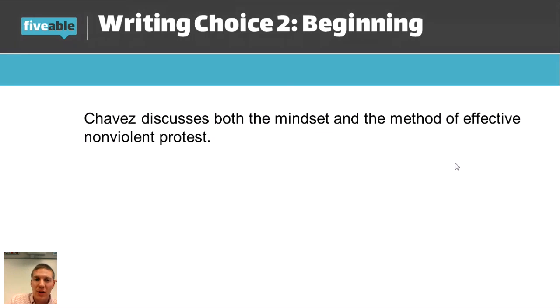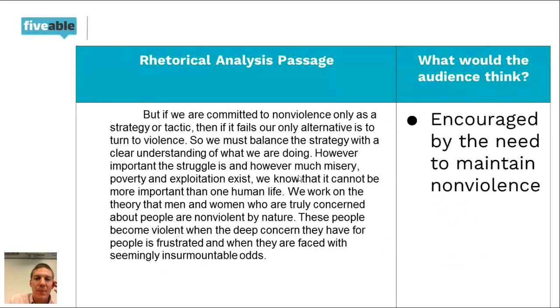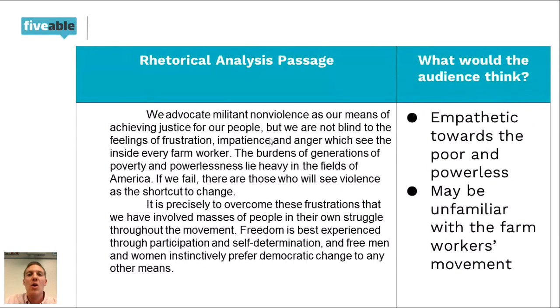Here he's talking about literally the types of protest. Here he's talking about why they advocate for nonviolence and who needs help through nonviolent means. Here he's talking about, again, the details and the nuance of nonviolence. I think this is an important piece, this paragraph right here, when he acknowledges there are frustrations, impatience, and anger when the solution is long-lasting. So I want you to definitely pay attention to that.